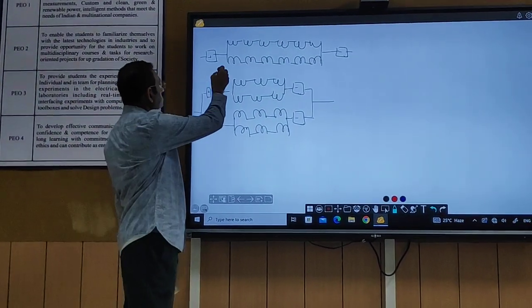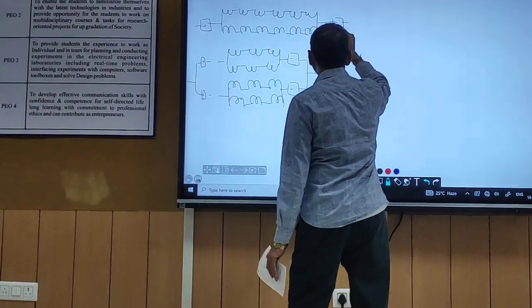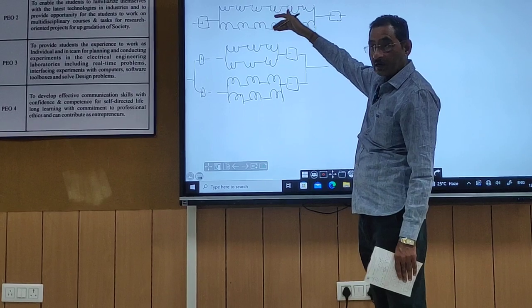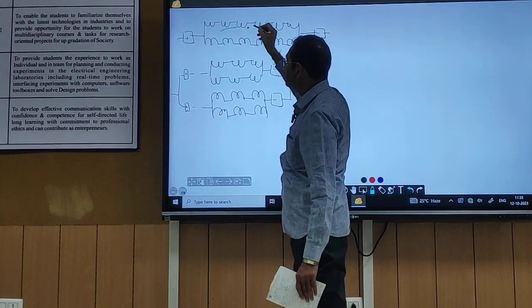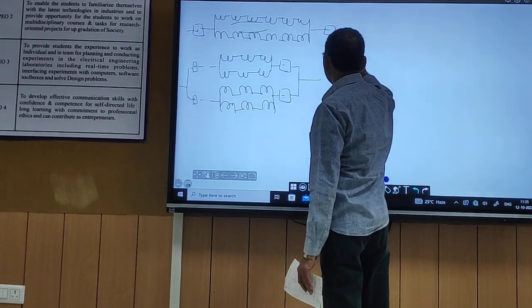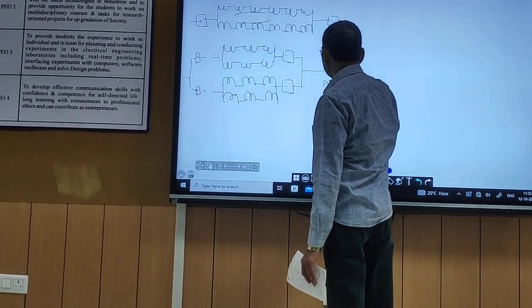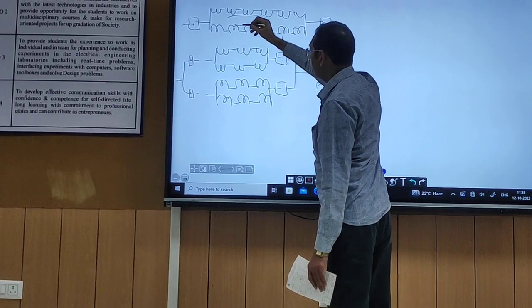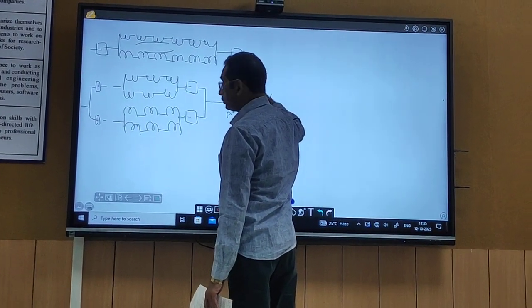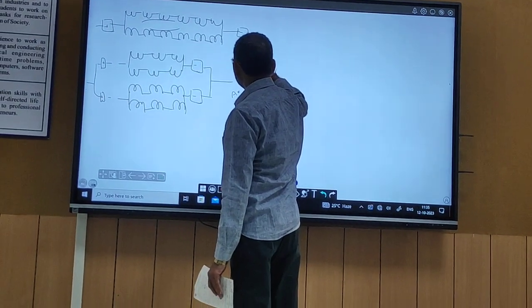Here you see number of poles are. Here number of poles. How many number of parallel paths are there? Parallel path. ये यहाँ से divide हो गया ना. There are 2 parallel paths. So number of parallel paths are 2. Here number of parallel paths are 4. And here number of brushes are 2. So number of brushes are 2. So or number of poles are 2.